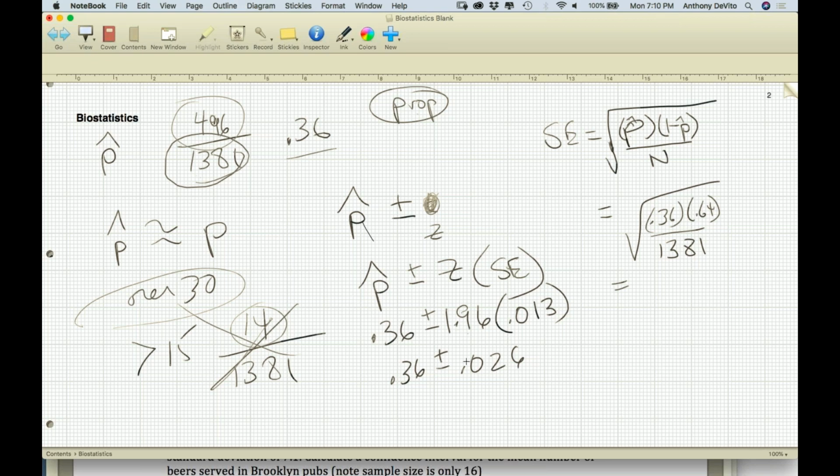So my 95% confidence interval here is going to be 0.36 minus 2.6%, which is 0.334, 33.4%, to 38.6%. So I'm 95% sure that the true population proportion, P, not P cap, is